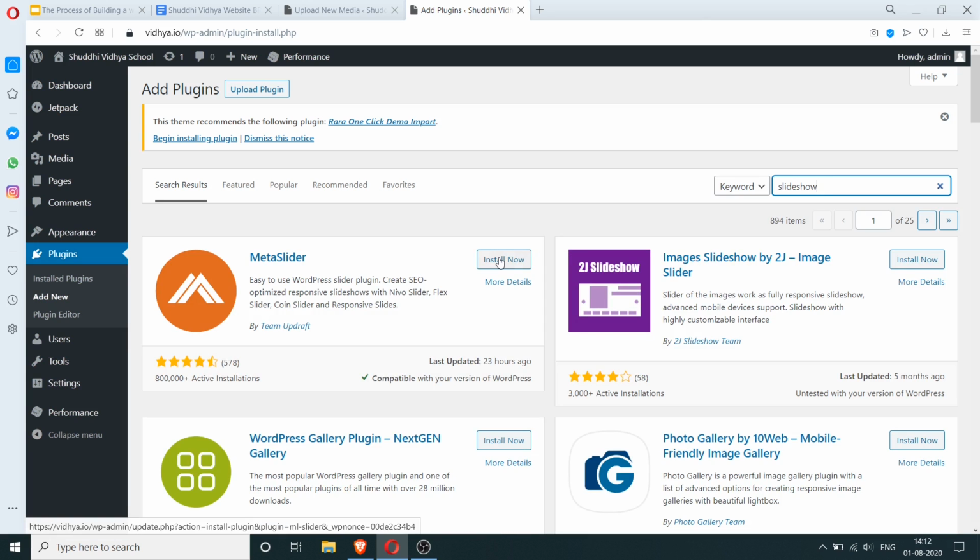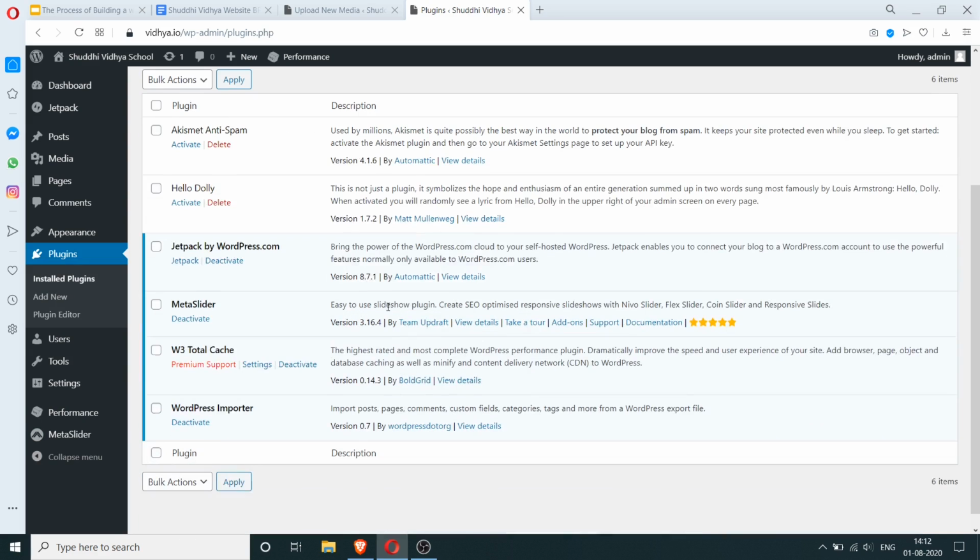I'm going to work with this. We already worked with Meta Slider in the previous video, so we know that this works. So let's use that one. Meta Slider is active and we have this available. Let's go set it up.